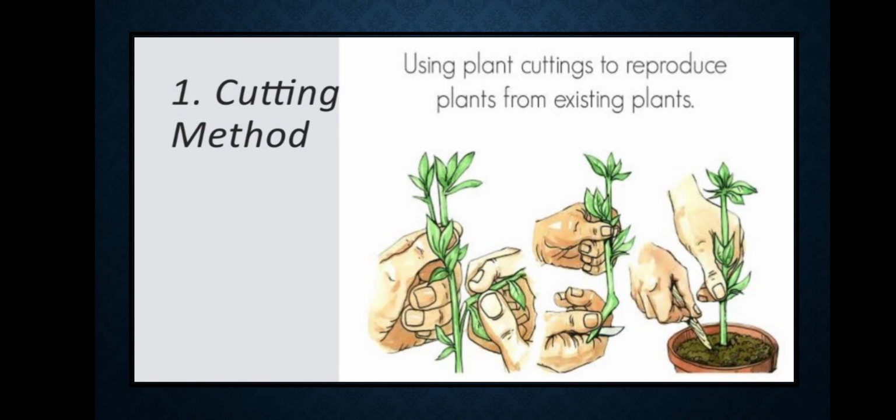The first method which is used in the artificial vegetative propagation is your cutting. So now we are going to discuss the cutting, how it takes place. In the cutting method, a part of a plant is cut along with the node and is buried in the soil. The cutting is watered regularly. This is the cheapest method of vegetative propagation in plants. The best example for the cutting method is your rose. Other than rose are your sugarcane, turtle vine.